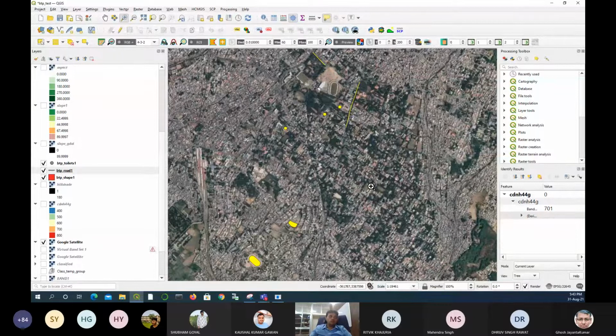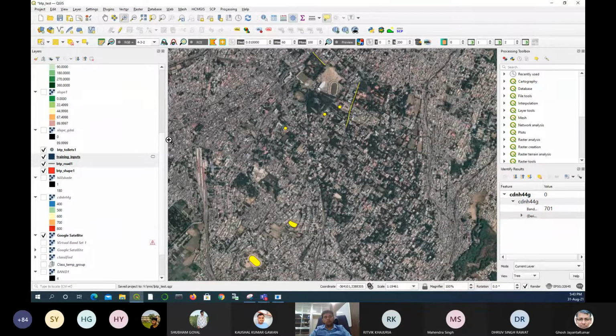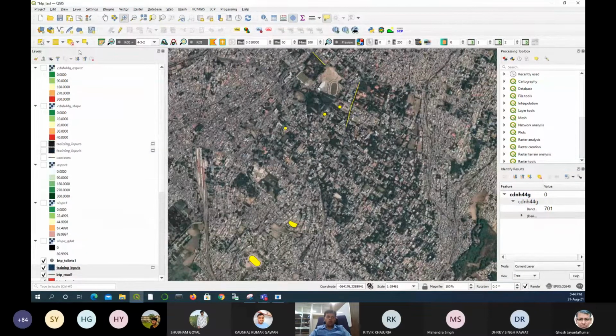And you know how to import. Like I told you, when you save them as a shape file, you can simply drag and drop. So like student number 1 is doing that project and you want to include and consolidate in one project, you can just simply drag and drop. So I would really insist everybody to have one big project. Like I have given this a BTP test, so you should also create that QGIS project file, where you have all the data at one place. It's very easy to create one folder, put all the data there, and also create it in QGIS, so that they're always open.